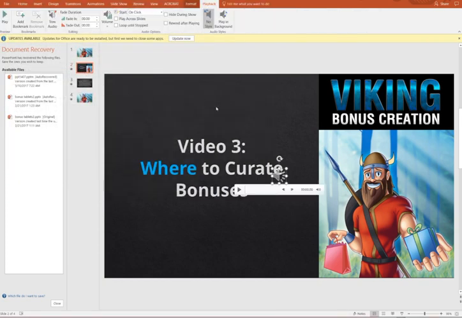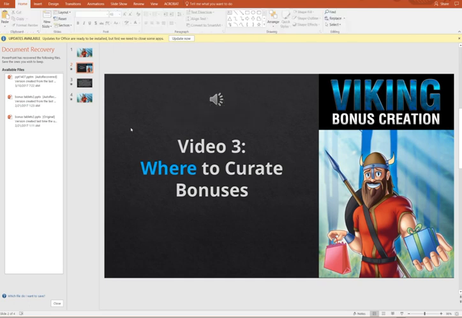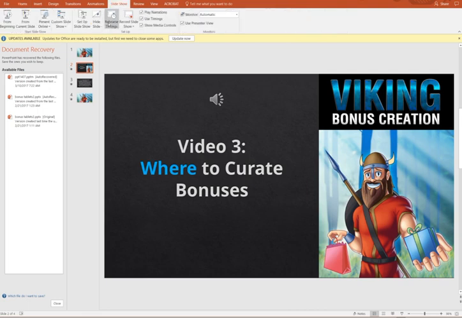Once you do grab an audio file, you're going to want to set it to play in background, and all of these settings will default to their appropriate settings with the exception of one. You'll want to uncheck loop until stopped. Now, since there will be a difference between our audio and your audio in terms of the timing of the various bullet points, you're going to want to rehearse timings if you change the audio. Same thing goes for if you add bullets or any other content to the slideshow. So what you'll want to do is come up here to slideshow, and you'll click rehearse timings,